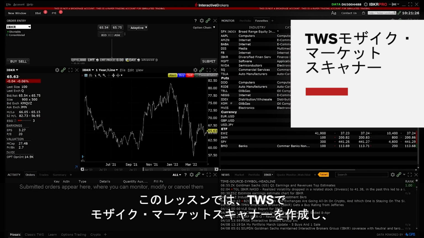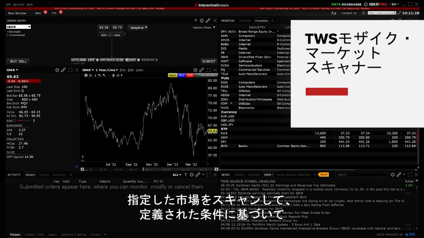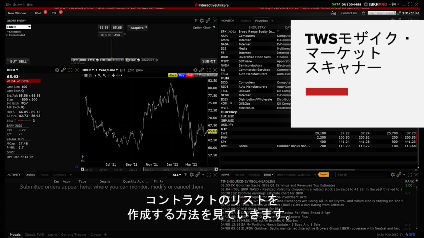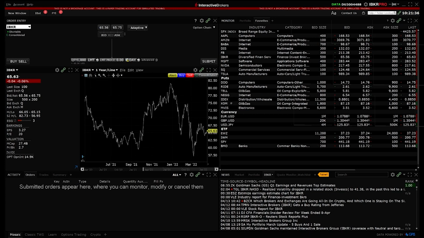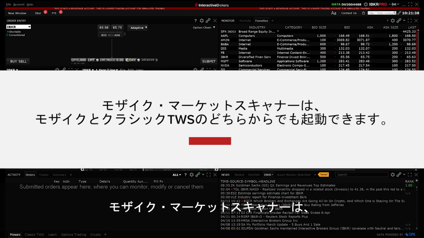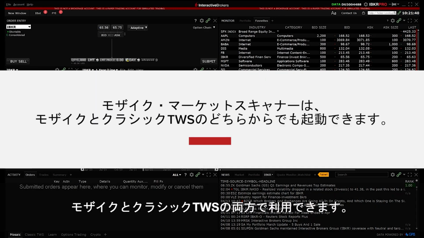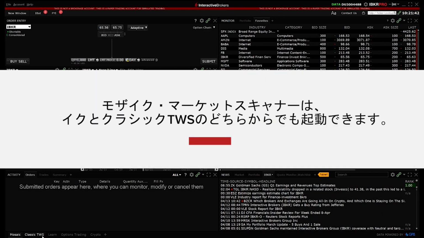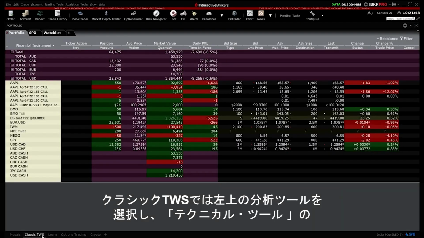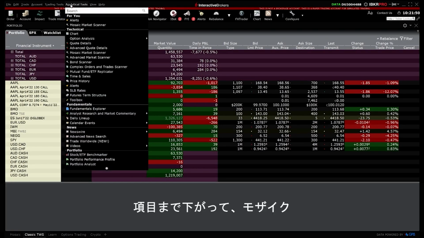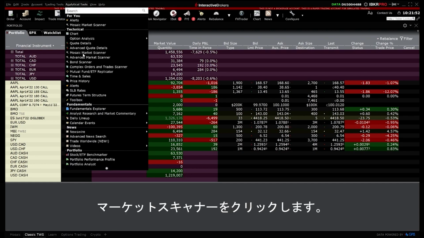In this lesson, we will review how to create mosaic market scanners in TWS to scan the specified markets and return a list of contracts based on the defined criteria. Mosaic market scanners can be launched from either Mosaic or Classic TWS. From Classic TWS, select Analytical Tools in the top left, scroll down to the Technical section and click Mosaic Market